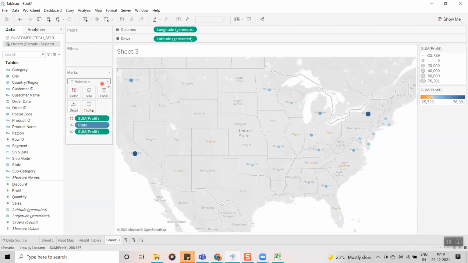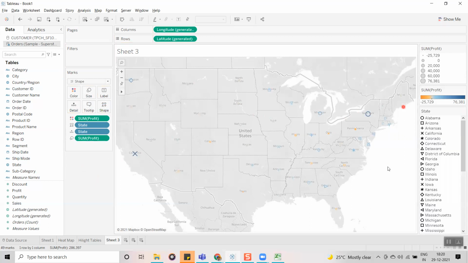To change the shape, what you have to do is select the shapes. Now here you can see everything is showing as a circle. By clicking on the shapes, you can change the shapes to whatever you want. One more thing, if you want to assign different shapes for different states, you have to drag the state into the shapes.